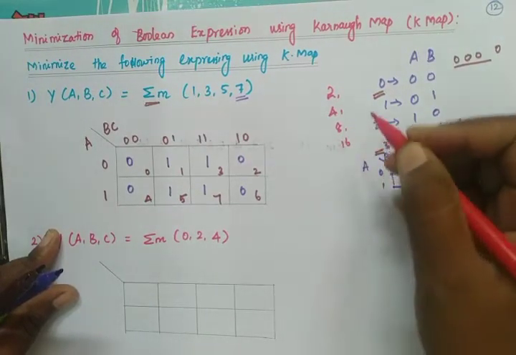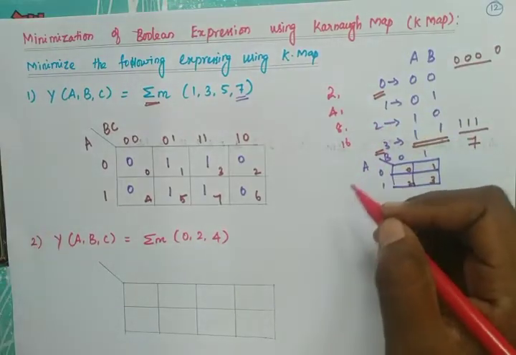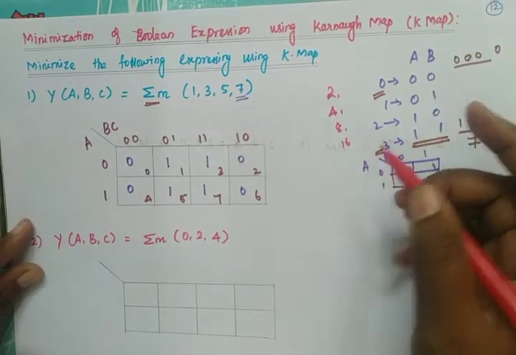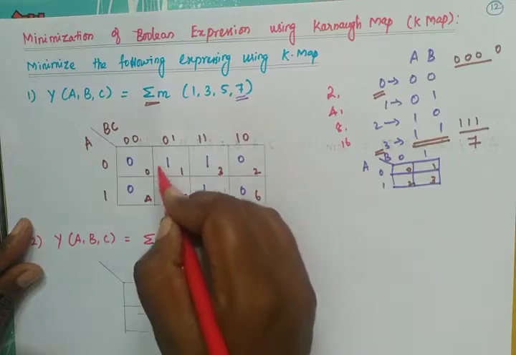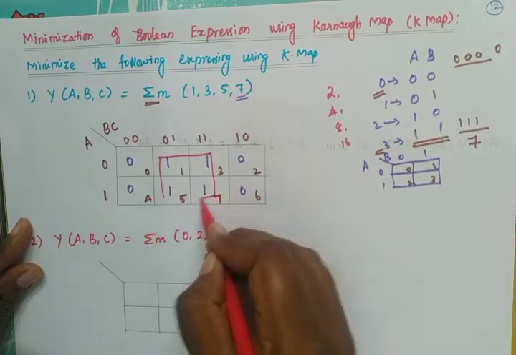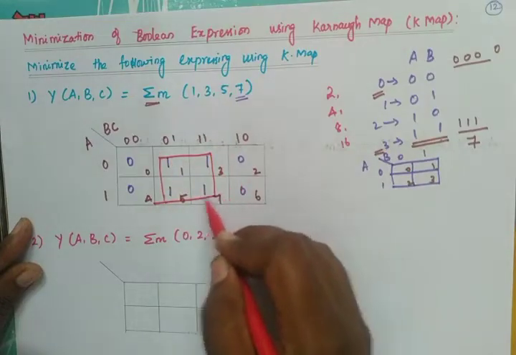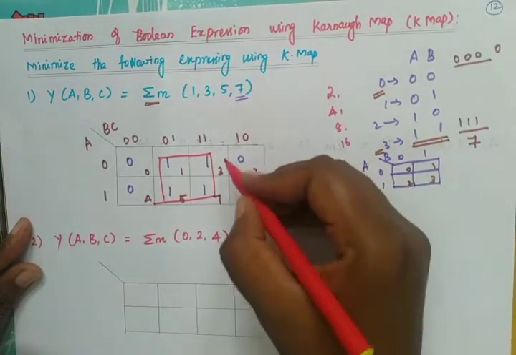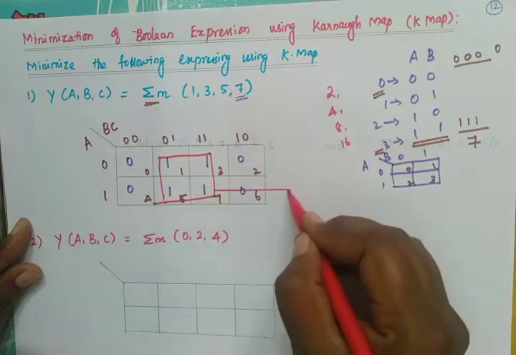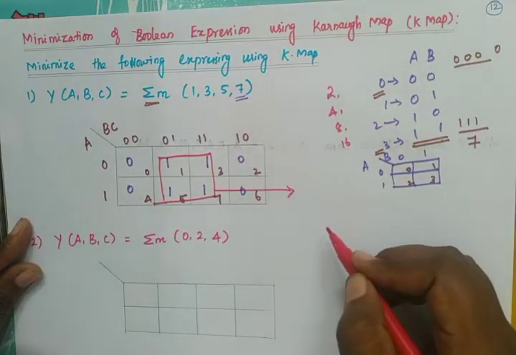Or 16 ones. Apart from this, we cannot group 6, 7, 3 and so on. Now we have 4 ones here. We have to group this like this. They have formed as a pair. This is called grouping of K-map. Now write the expressions for this grouping.